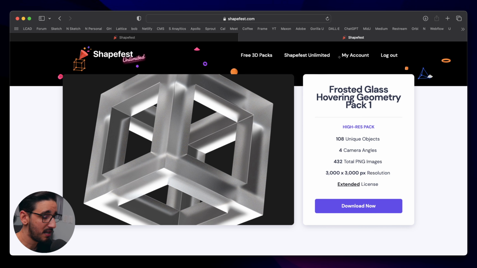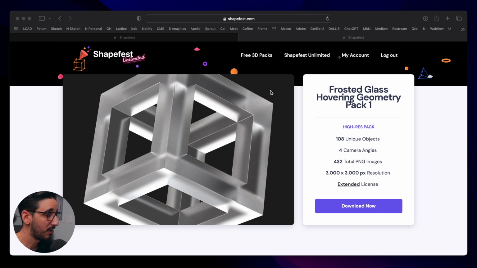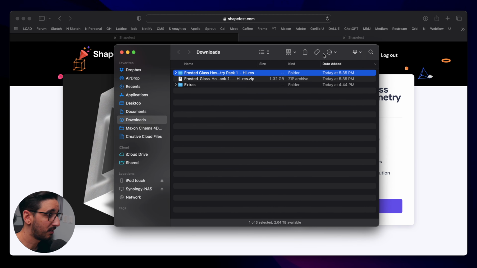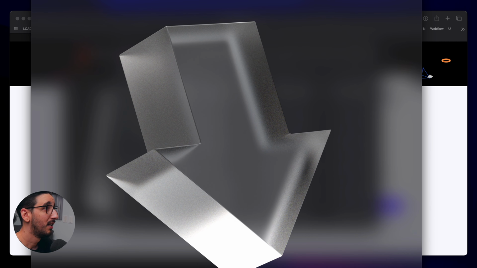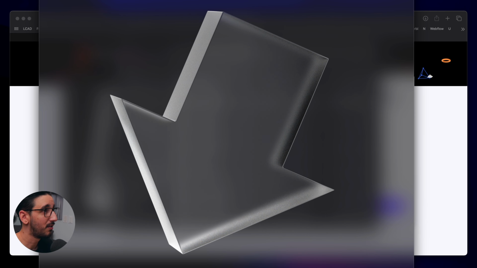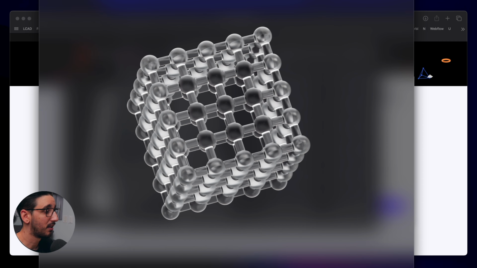So that is done, and let me pop that open so you could see what's in the pack. And here we go. It's unzipping. Again, this is pretty big. I mean, it's a lot of data because we're talking about some seriously large assets here. Let me drag this down and open on my other display. These are huge. These are really, really large. And there are, in this particular pack,